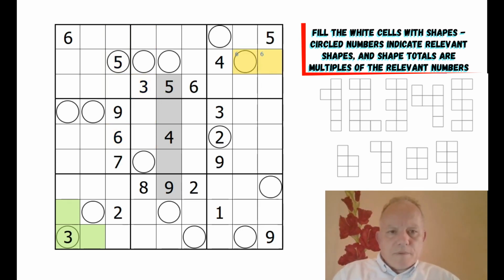Look, 6 has to be in one of those cells. 9 in one of those. 9 in one of those two. Ooh, could this be a 9? Given that 3 is either going to take that cell or that cell, no, I don't think this can be a 9. Because even if the 3 was like that, the 9...